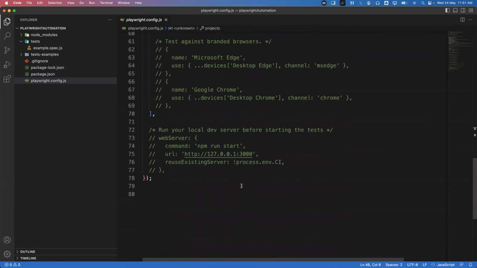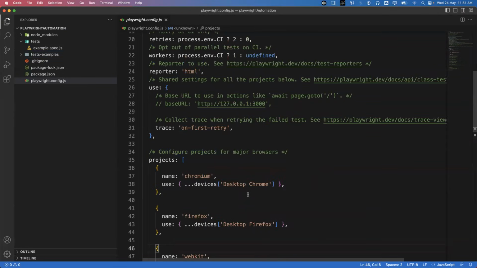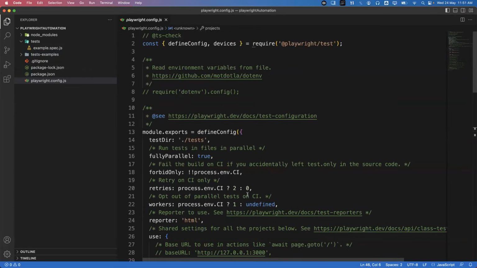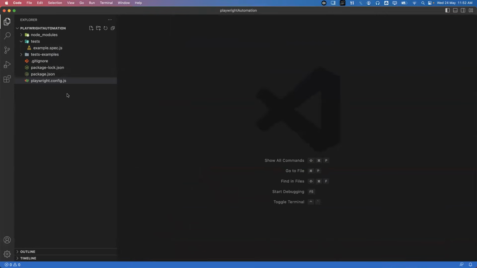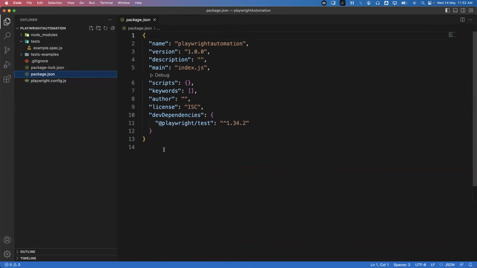So this is the main configuration file, which is created automatically once you install Playwright. And there is one more file called package.json. It is like a pom.xml file in your Maven project. Here we will specify all the dependencies, the dependent modules. If you want to install any new modules required in a Playwright test, once we have installed them, new entries will be added, or dependencies will be added in the